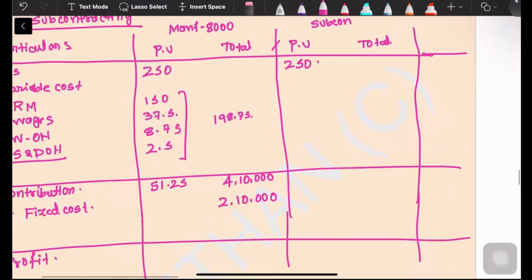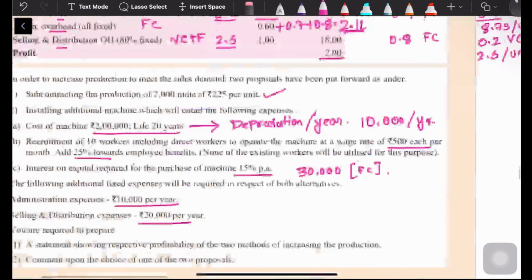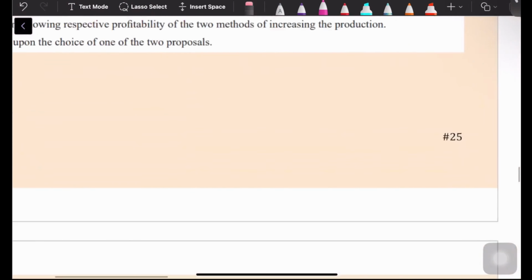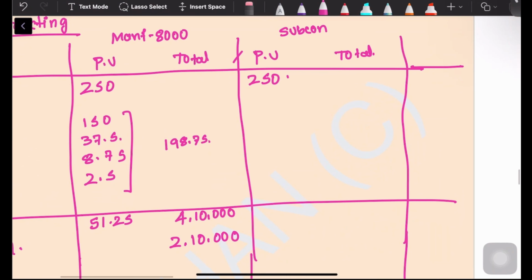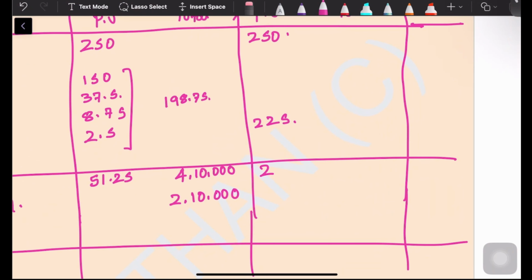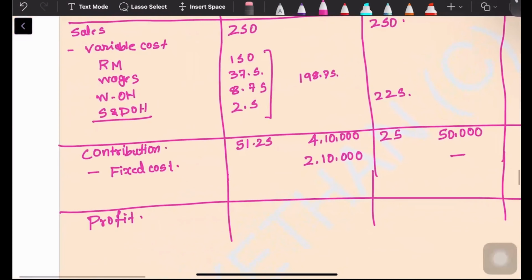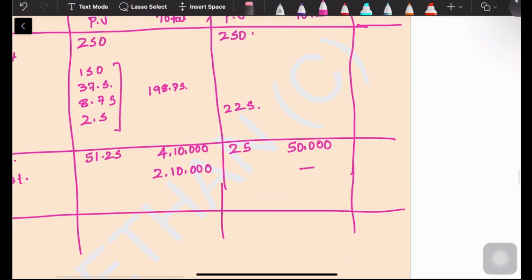Now in the subcontracting, all my variable cost will not be there. What is the subcontracting? It is 225 per unit. So all my variable cost put together is 225. So contribution per unit is 25. 25 into 2000. So there won't be any fixed cost. What is my total contribution? 4,60,000 minus